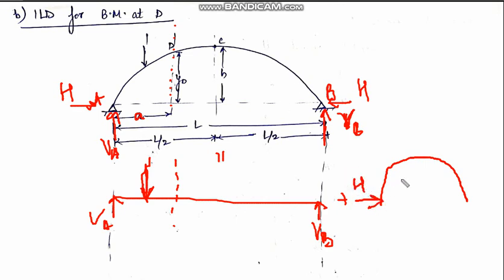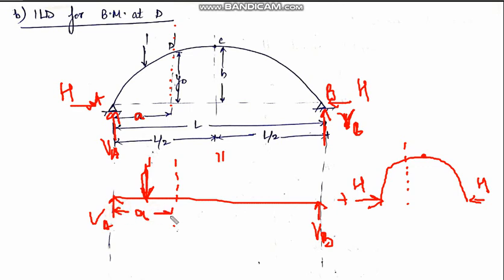So we can divide this 3-hinged arch into two parts. One is a simply supported beam subjected to the same external loading as is applied on the 3-hinged arch, and the other is a 3-hinged arch which is subjected to only the horizontal thrust. So this is the section in the arch, and this is the same section which is at the same distance of small a from the left support.